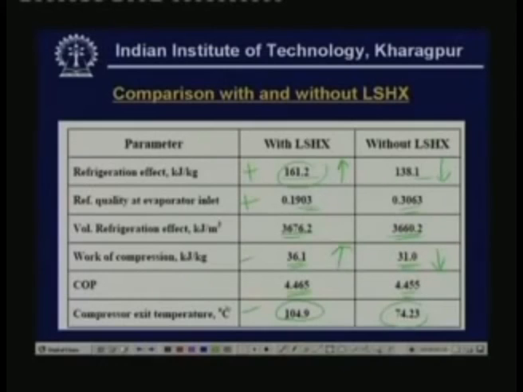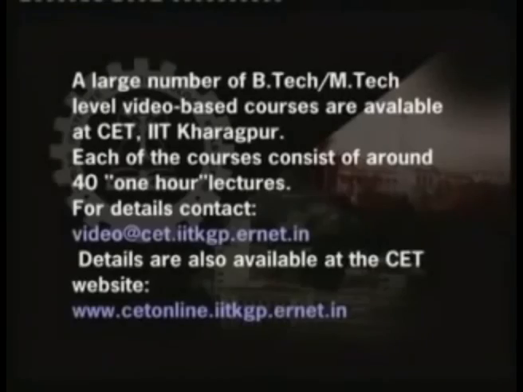So, when you are using a liquid suction heat exchanger, particularly for R22 systems, there are some benefits and some disadvantages. Ultimately, depending upon your requirement, one has to decide whether a liquid suction heat exchanger is required or not. And one